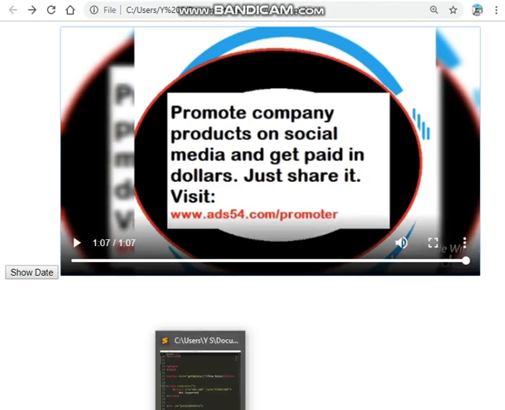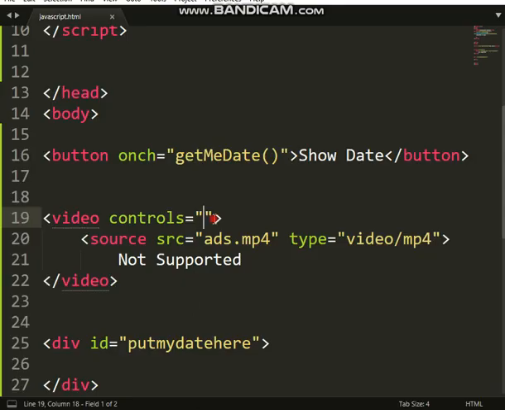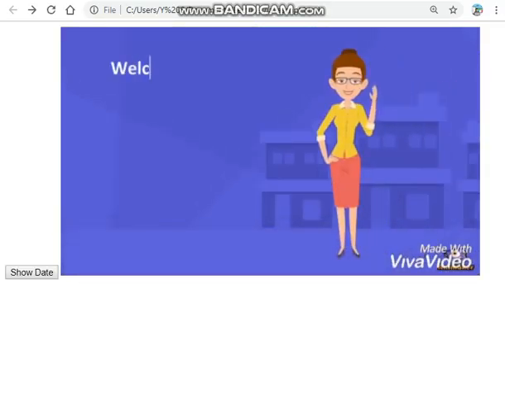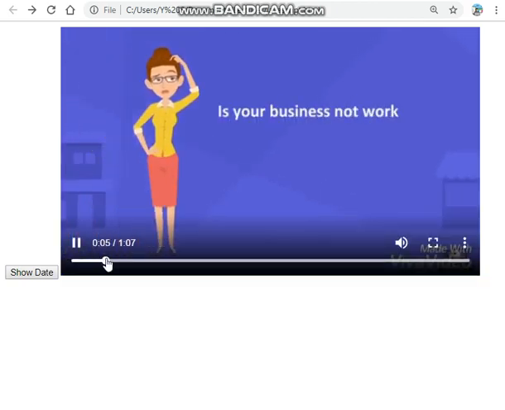So that means if you want to make it play itself, you can just put autoplay. Put empty there or true. Just put empty there. So this one means true. Autoplay. You can see it starts immediately. Now what if you want it at the if your video